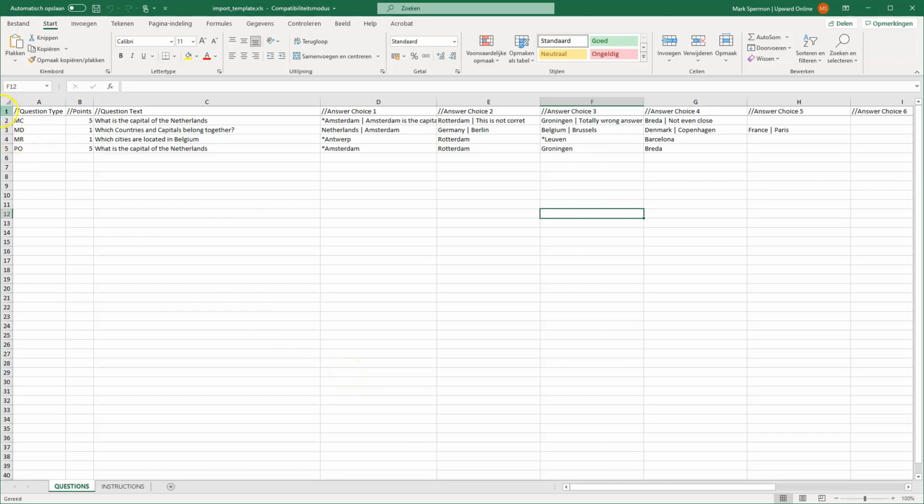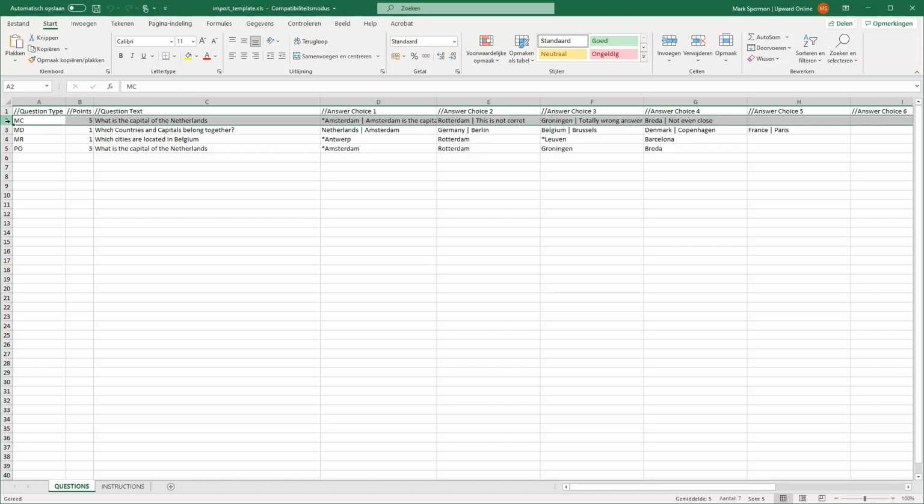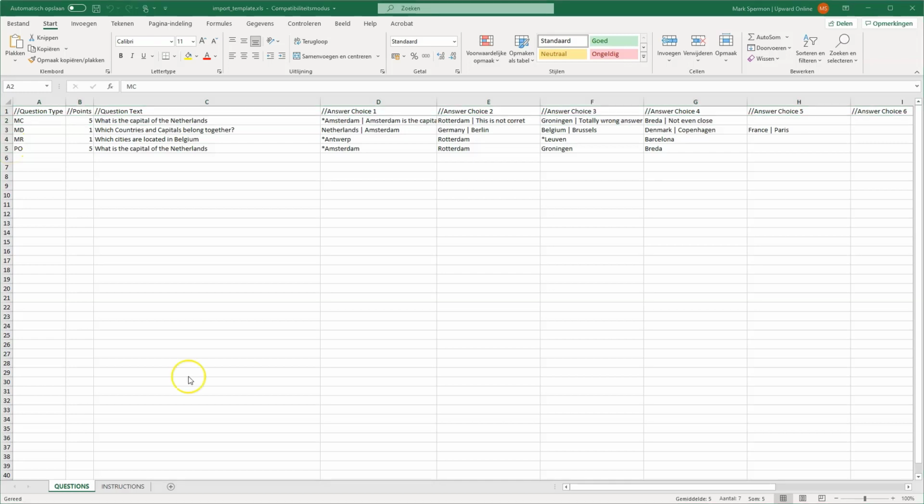The first row is the header row, and everything in your Excel that is after double slashes is considered a comment by Articulate Storyline and won't be imported. So this first row is purely for structuring the Excel file and isn't imported in Articulate Storyline. Row 2 is my first question, and this question and also the other 3 questions will be imported in Storyline. Now let's see what you have to fill in the different columns for the row.